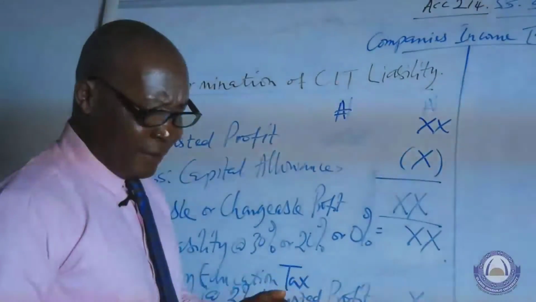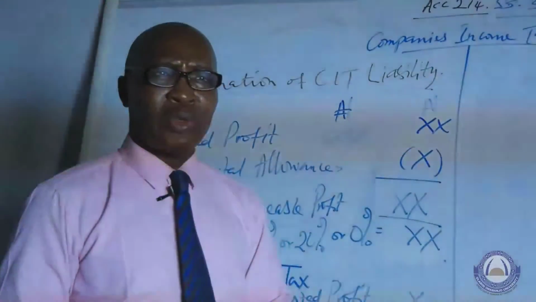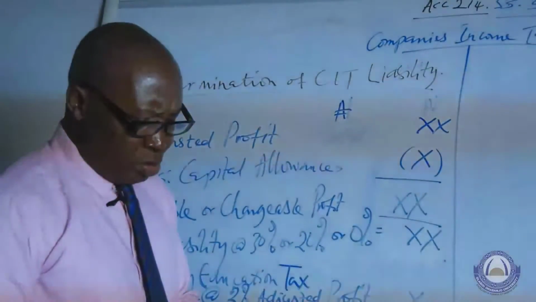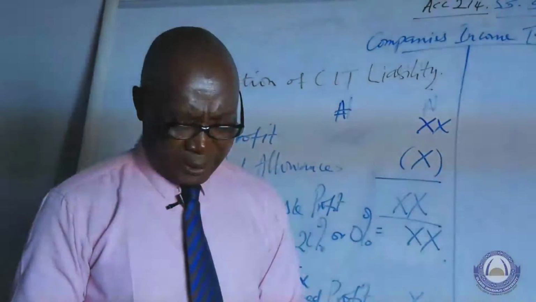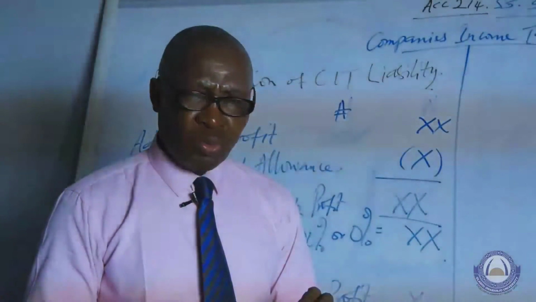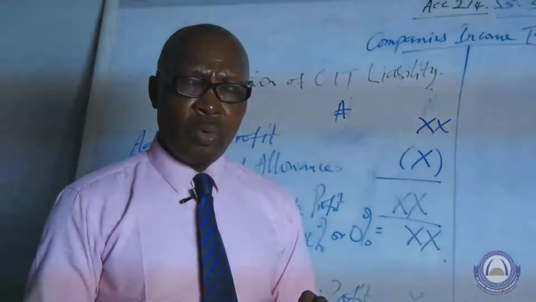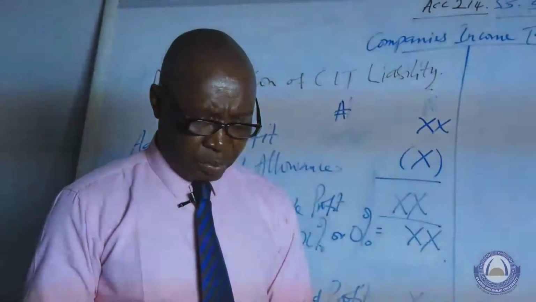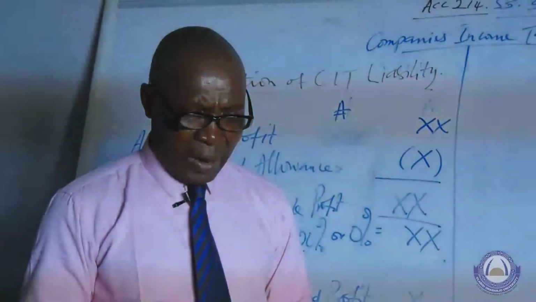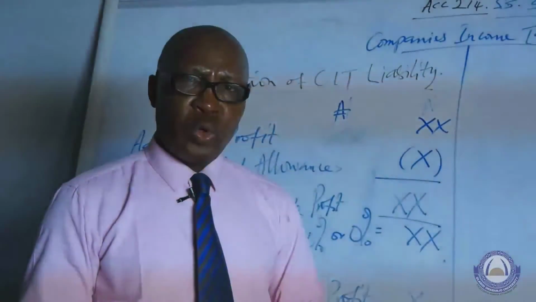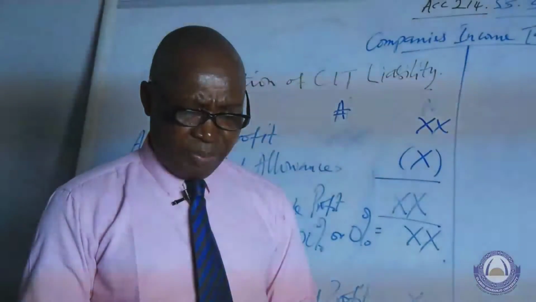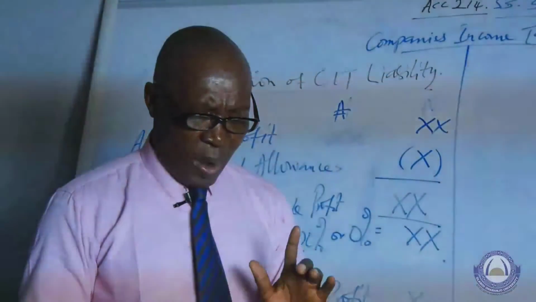I need to make particular reference to the pre-2019 tax rate of 30%, because we have what we call the minimum tax rate. And the minimum tax rate is based on your level of turnover. Where your revenue is 500,000 naira or below, the minimum tax that will be paid by the company will be the highest of 1,